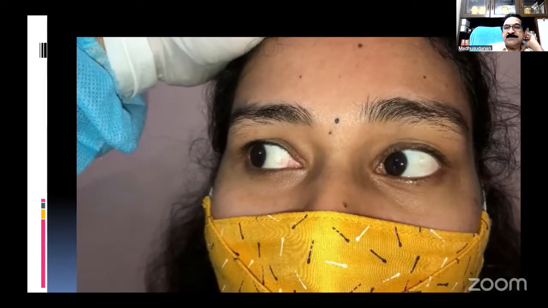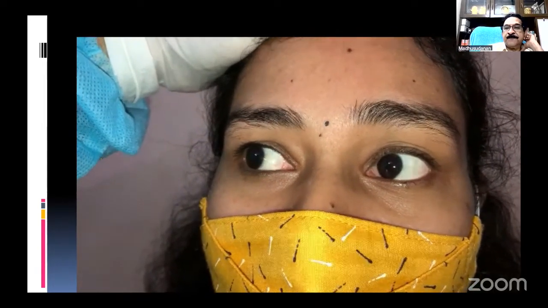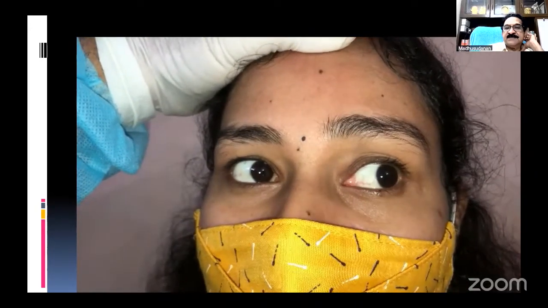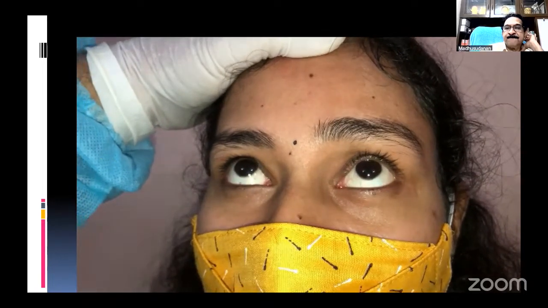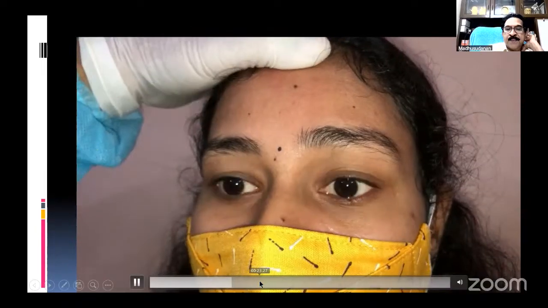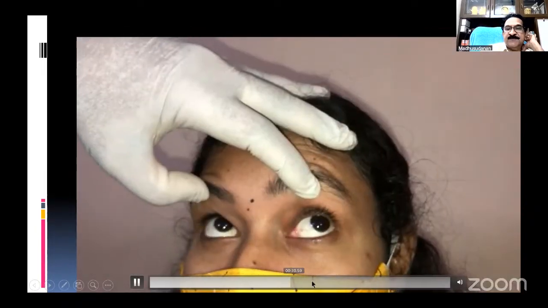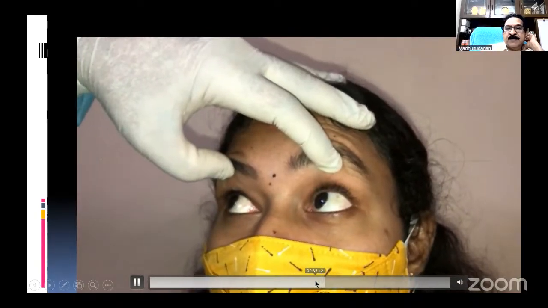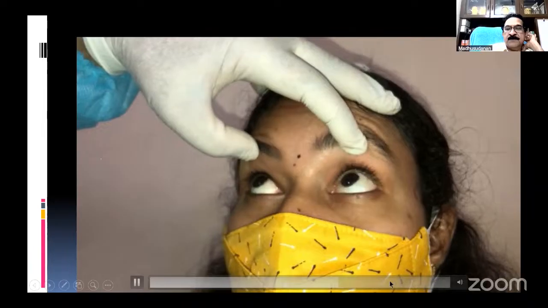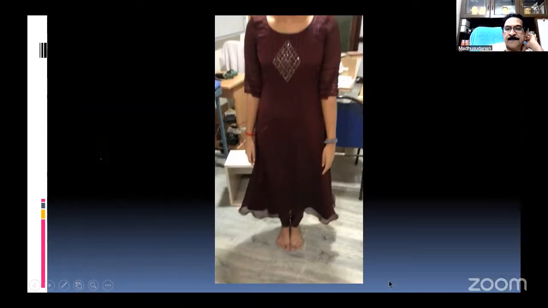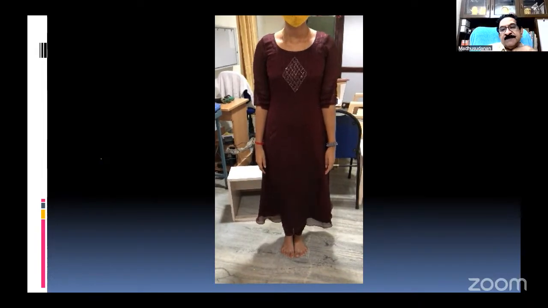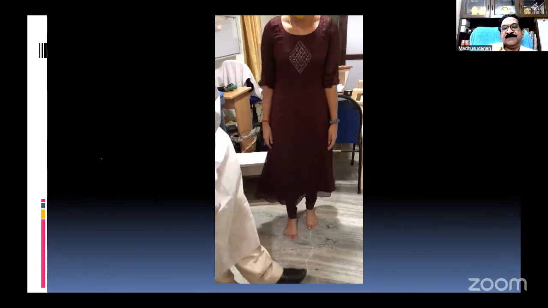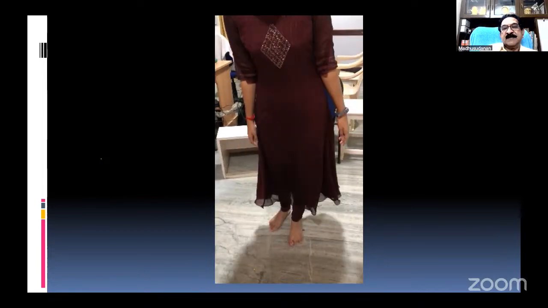First one, there is gaze-evoked nystagmus. There's a downbeat nystagmus. In the interest of time, fast forward. You can make out the downbeat nystagmus very easily now. She also has a gait ataxia, very mild gait ataxia. But nystagmus is very prominent. Highly variable presentation. Some people have predominant ataxia, some people have only eye signs that are very prominent. She has only mild gait ataxia, unlike the previous one.